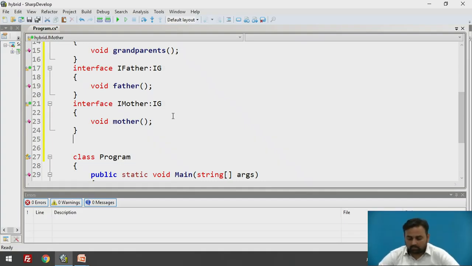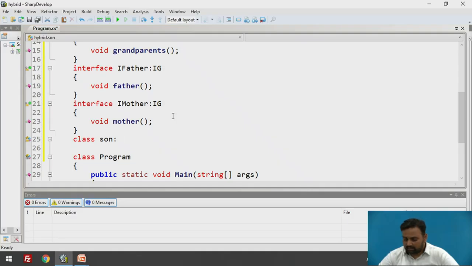So now the next is the class. From father and mother, I will extract the class which is called son. Let's say son is the class name. And now this class will extract both the interfaces. We have seen in the diagram that B and C are the base classes for D. Likewise, son is the D class, and this is inheriting both the interfaces.